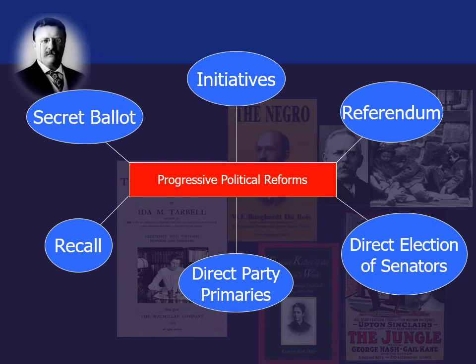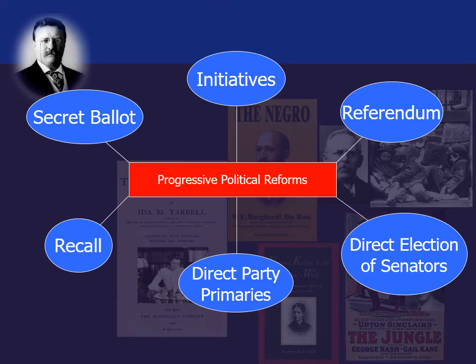Going to recall right here. If something doesn't look right, we have the power now, thanks to the progressives, to recall those elections, to recall those votes. It's happened a few times more at the local level. It hasn't happened necessarily for a president, but 2016 has turned out to be kind of a crazy election, so we never know. I believe there was a recall for the California governor, and that's how Arnold Schwarzenegger got in, in 2003. But you can recall a vote, and the voters can say, if the election is disputed, we can have a recall, and then another election will take place.